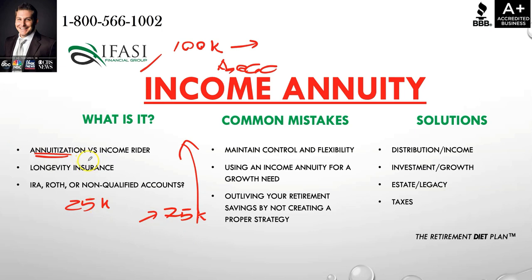And annuitization still exists. With any sort of annuity contract, they allow annuitization, where you could take it single life only, you could take it joint life income, you could take it like a type of period certain income. But at the end of the day, you're still losing that flexibility. You're still losing control of those monies.